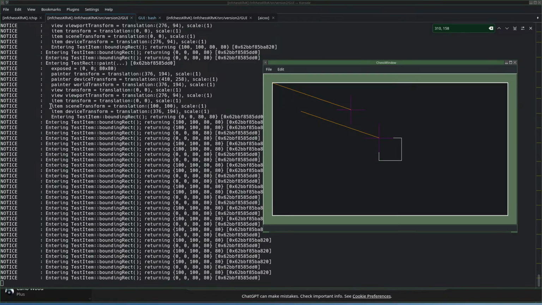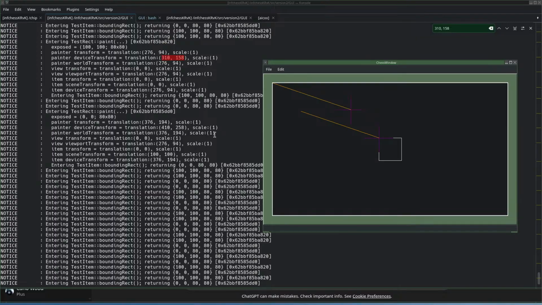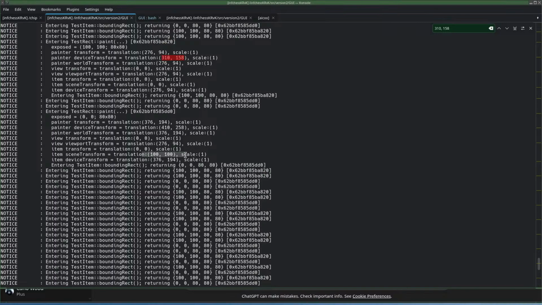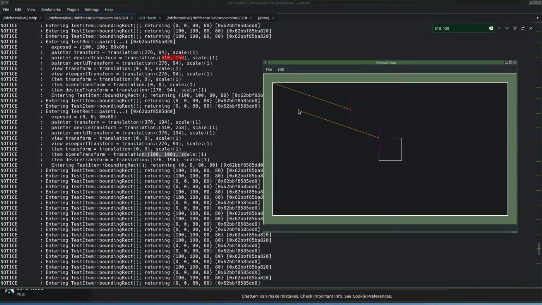Hey, wait here, scene transform. Is it not just solved then? The scene transform is 100, 100. I can draw that in as well then. Pretty sure that then whatever, I mean, they call it scene transform, but a transform is of course between two coordinate systems. So I don't know, but I would say that it is this one here. This is, whatever this is, they call it the scene transform,